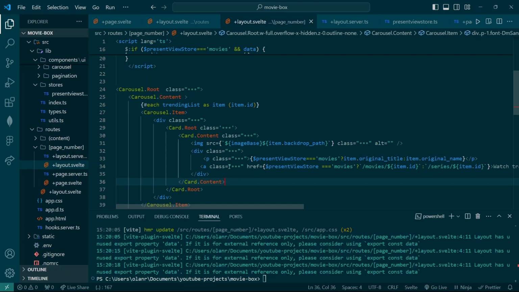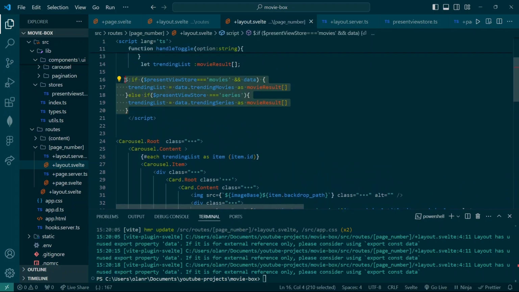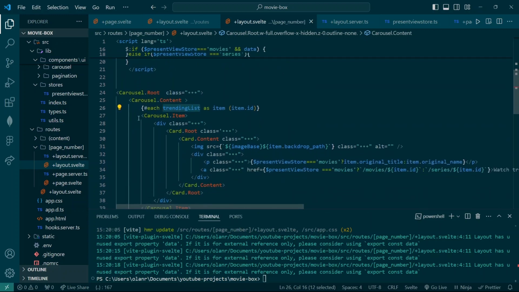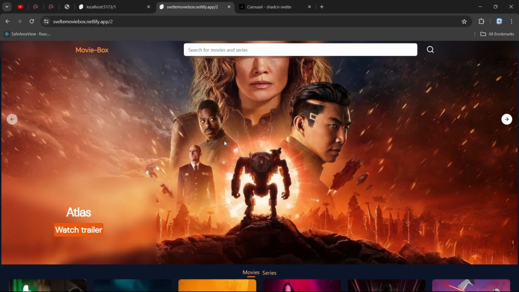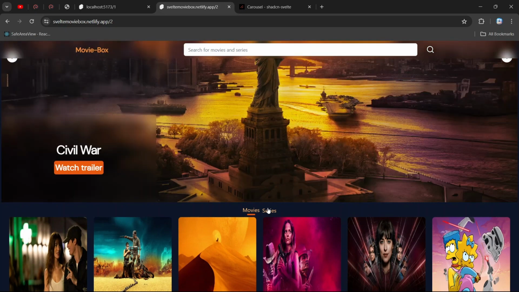It's all in here. Now, this is automatically stateful because of the stateful block that we'd already put here. Whenever the present view store changes from movies to series, the value of trending list changes, and so, therefore, what gets mapped in the carousel changes. Now, we can see that in our live preview. If I was to go ahead and change the view store to series,